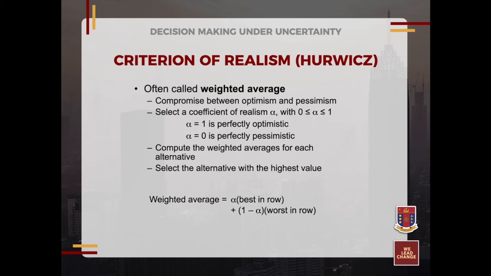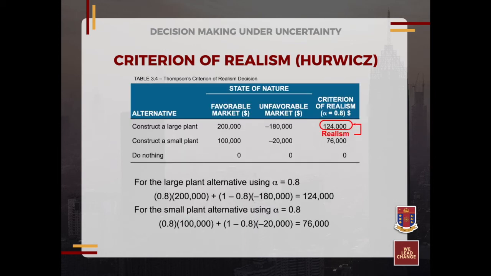Now, next would be to compute the weighted average for each alternative and select the alternative with the highest value. So remember that this formula will be computed per alternative, and you're going to choose the maximum number out of all the computed averages. Now let's start with this one. For constructing a new large plant, we have 200,000 and then a negative 180,000. Let's say that the alpha is equal to 0.8. So look at the formula below. We have 0.8 times $200,000 plus 1 minus 0.8 multiplied by negative $180,000. So this ultimately gives you the number